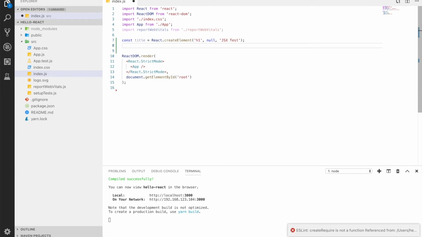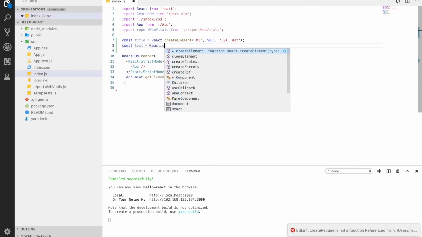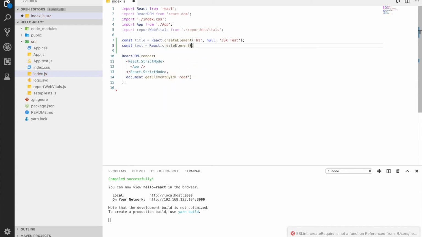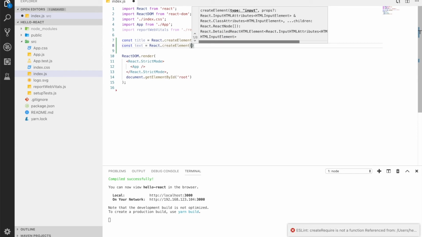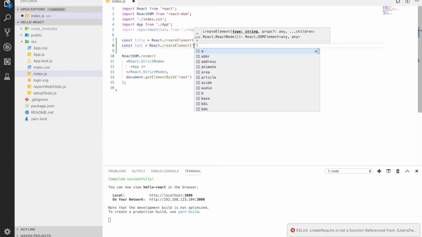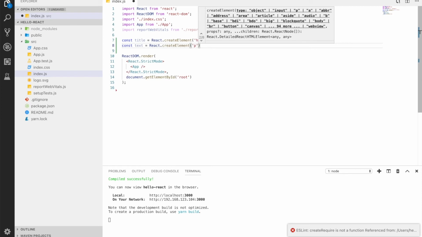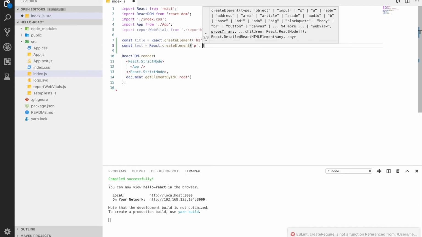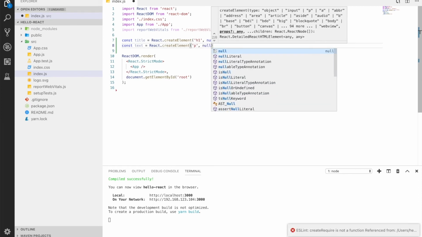And next, I'm going to make another one called const and put the name as text and put React.createElement. I'm going to give another three parameters. First will be the p tag, and I will not give any other properties.